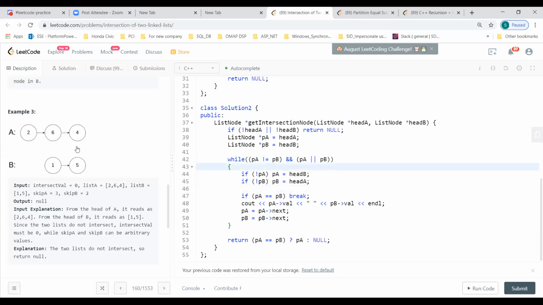Yeah, so visualize it, Shashank. If both these linked lists are the same length, then there would be just one pass. If the length is the same, then we would do only one pass. The thing you are doing, calculating the difference and then moving that many steps forward, is also doing the same thing. Yeah, it is basically exactly the same. Maybe I'll draw the proof, it will be easier to understand.